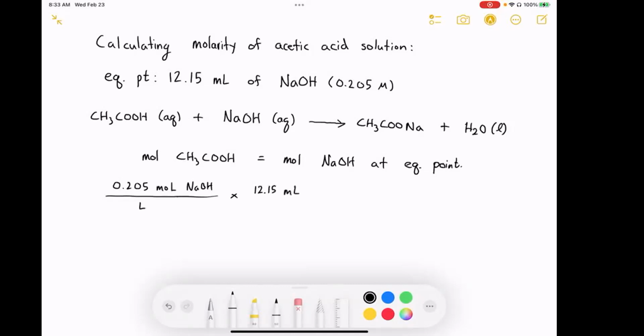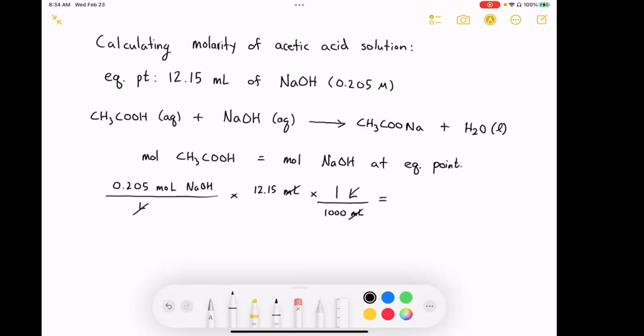So we're going to do milliliters, and to convert to liters, we're going to multiply by a factor of 1 liter equals 1,000 milliliters. So our units will cancel here. Okay, and if we do that calculation now,